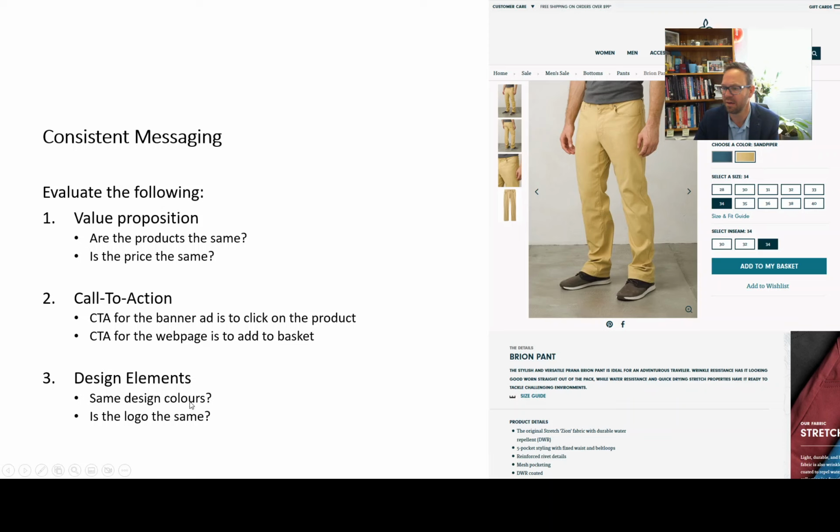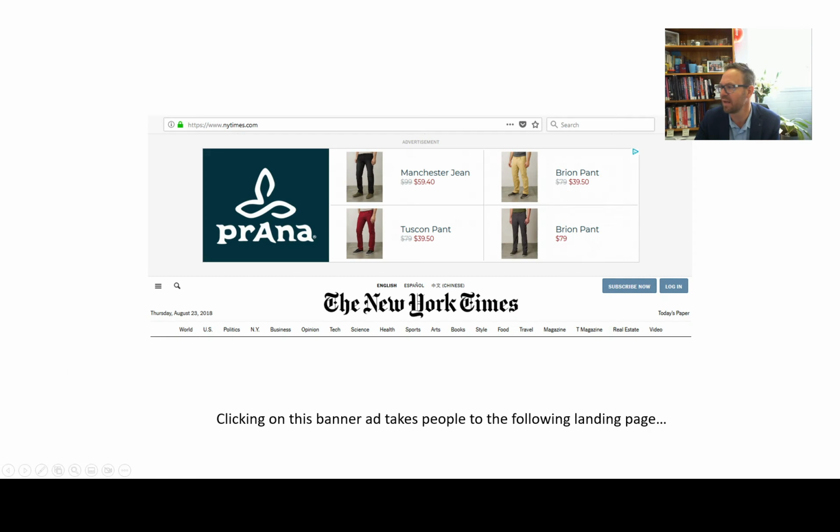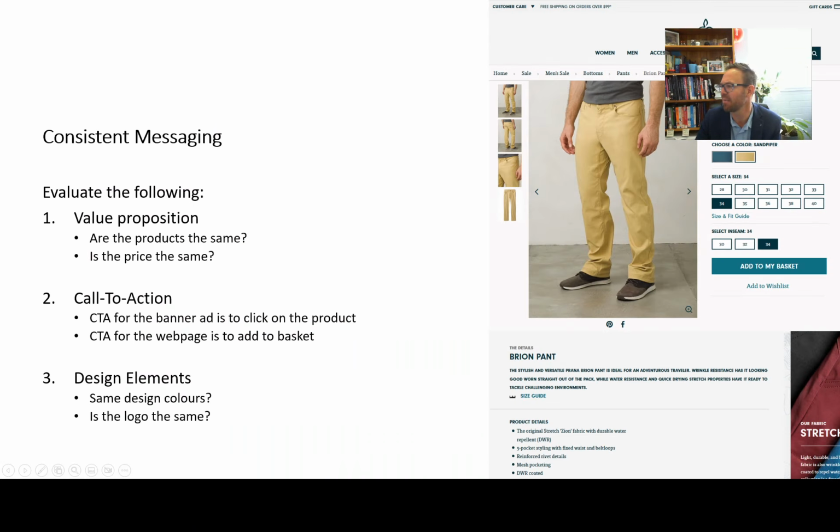So I've done this the wrong way around, but look at the design colors now. This is using that blue color, bluey greeny, I don't know what color you'd call that, but whatever color that is, it's the same color in the logo, it's the same color for the text, the headers here, it's the same in the description. Now it's the same down here as well, so that's consistent. The call to action is a slightly different color, I think, but that relates to the design elements that we were talking about, the importance of making it stand out. So this ad is doing quite well.